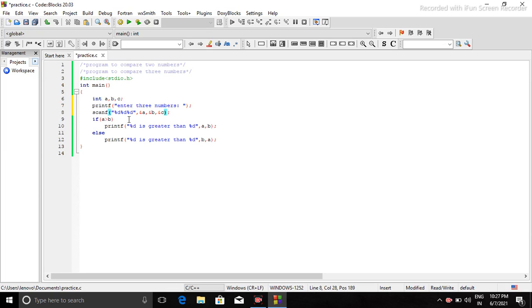So what I will do, I will first compare A and B, and if A is greater than B, and after checking this I come into, let's say I'm writing the code, and after writing the code I will discuss that if A is greater than B, and in that also I will check another time if A is greater than C. That means first I have checked between two numbers, and if this condition is true, then I